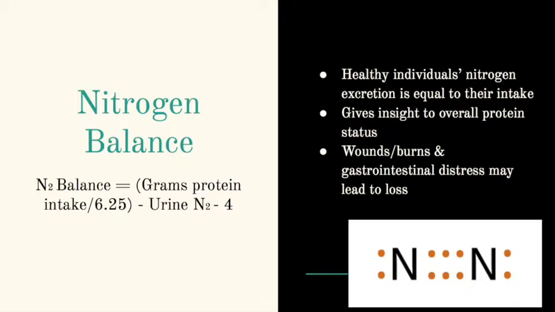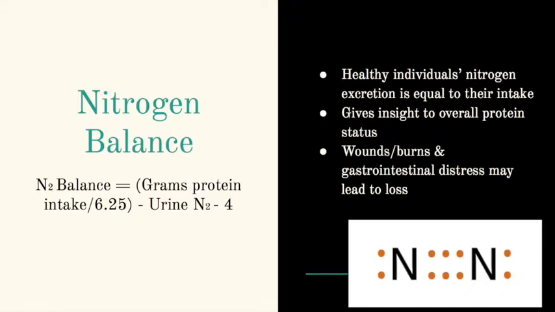One limitation of this test would be if the estimation of protein intake was not entirely accurate, making this test more accurate when a patient's diet is strictly monitored and recorded. This may explain why it is not commonly used for acute care patients who may not be able to accurately report their protein intake. In addition to the analysis from the urine collection and protein intake, the equation calls for subtracting 3 or 4 from the resulting number to account for nitrogen loss from fecal excretions, normal skin breakdowns, wound